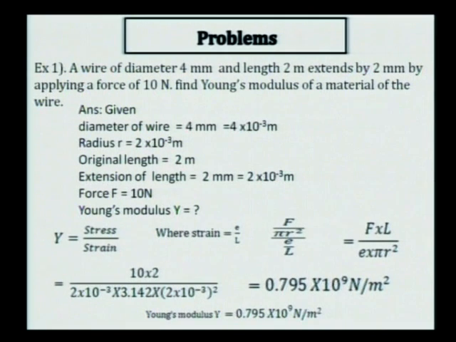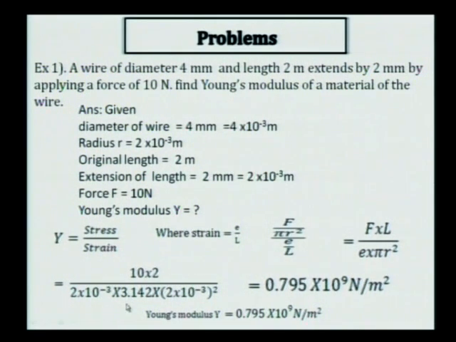Then put all these values: F is 10, 2 is the original length, divided by elongation 2 into 10 to the power minus 3, and for the area, pi r square, pi is 3.14, r square is 2 into 10 to the power minus 3 bracket square. Then 10 into 2 is 20, divided by 2 into 3.14 into 2. You can take the product of all these: 10 to the power minus 3 into 10 to the power minus 3 square is 10 to the power minus 6, into 10 to the power minus 3, gives 10 to the power minus 9. Then if you take the ratio of 10 into 2, 20, divided by 3.14 into 2 into 2, 2 into 2 is 4, into 3, that is